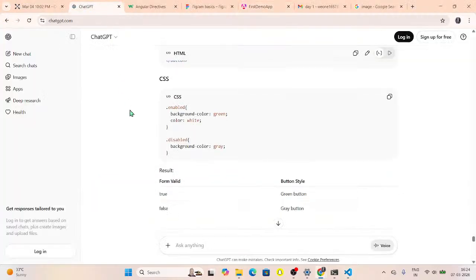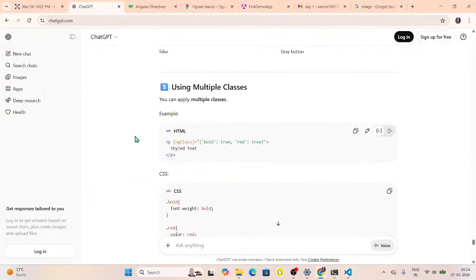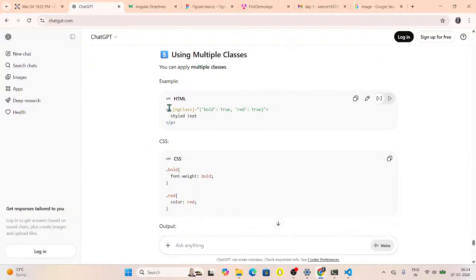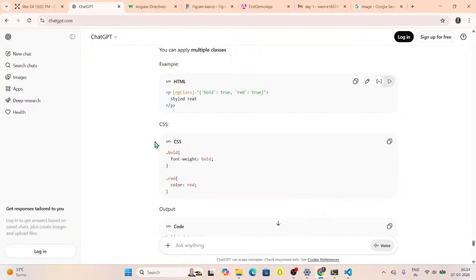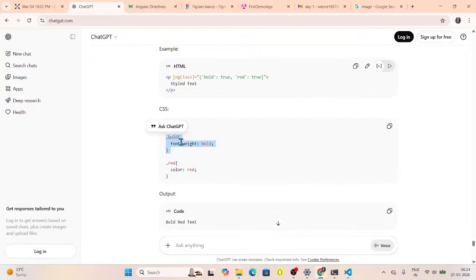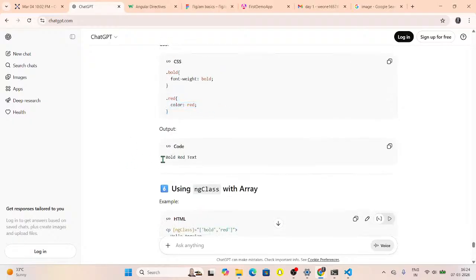Yeah, these are the small things we have to understand. I think we have learned a lot of things today. So it is the same: if it is true, then bold. If it is true, then bold. True, then red. Font weight bold. Color, which is going to be red, bold. Okay,